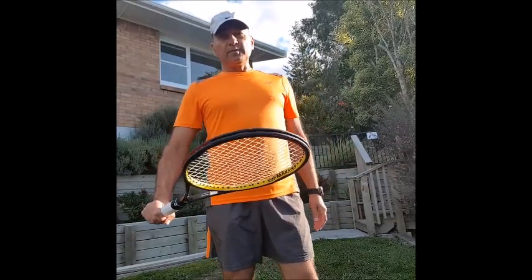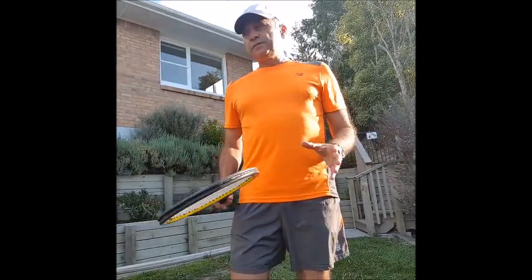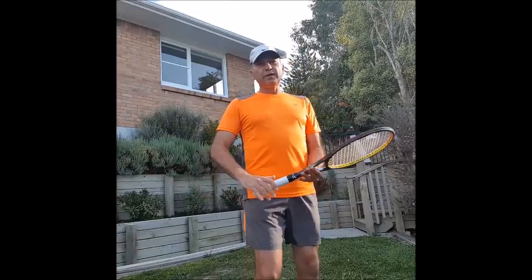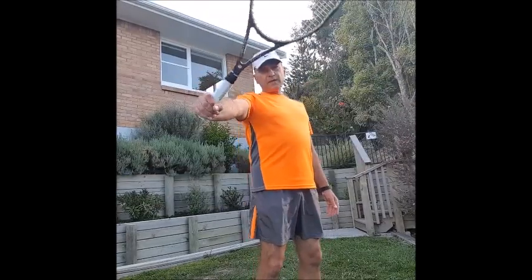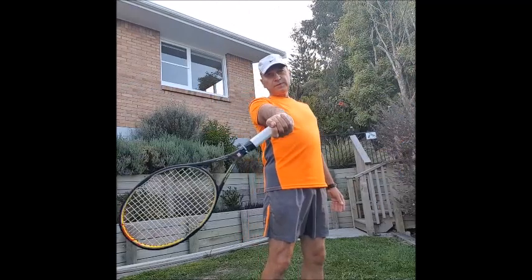So the exercise which I'm proposing is a very simple exercise. You can do it by yourself anywhere, in the garden, garage, wherever, in a living room. Just grab your racket and simulate that movement and do these arm and forearm rotations very slowly, please, at the beginning,